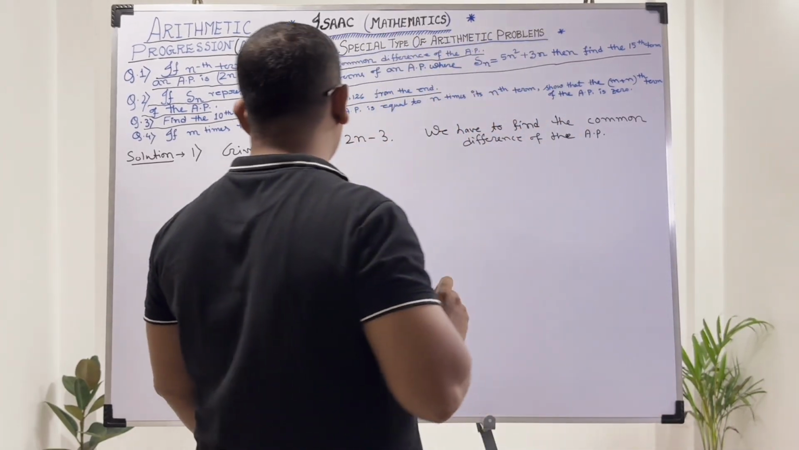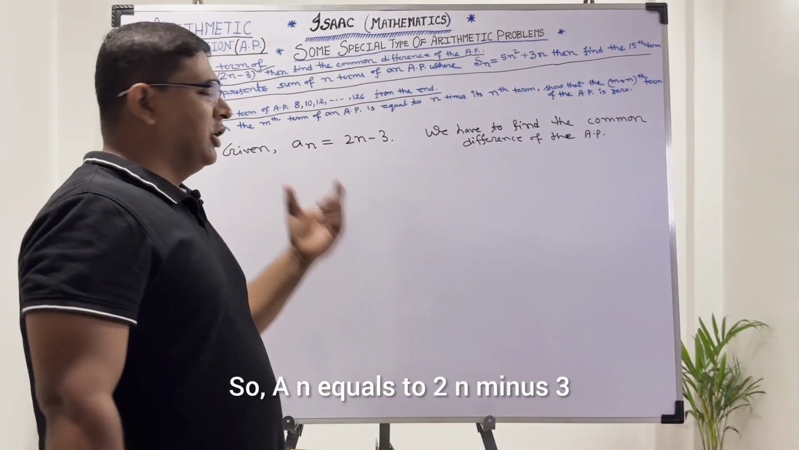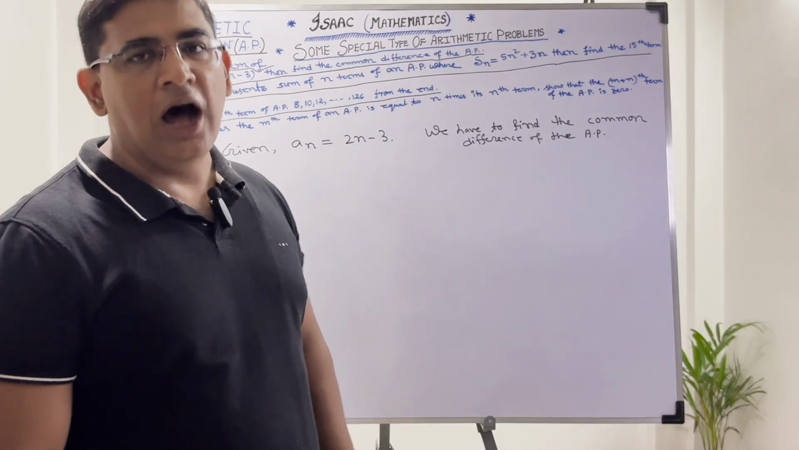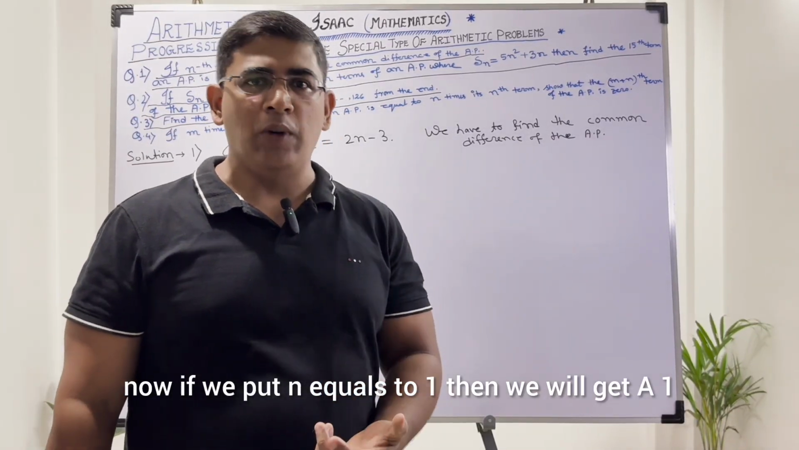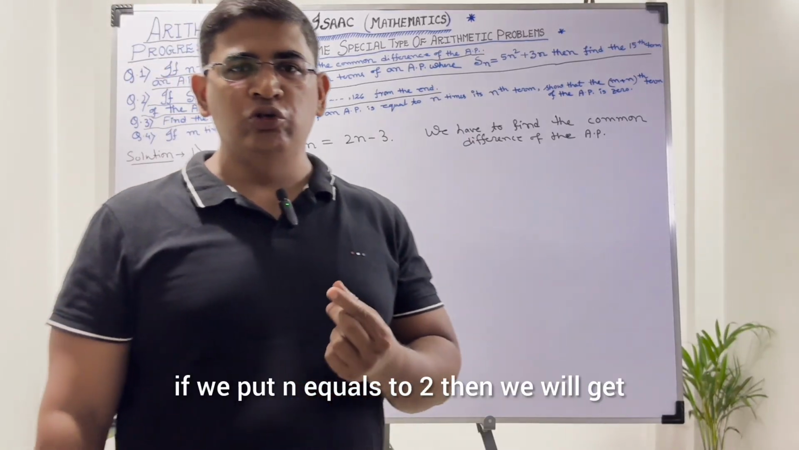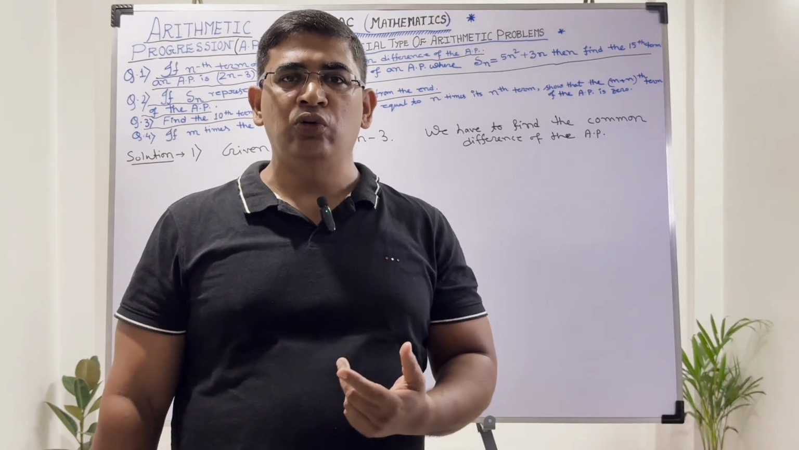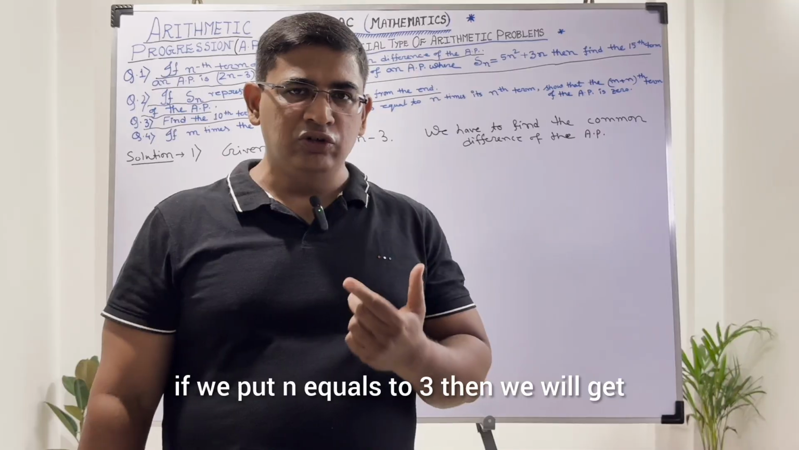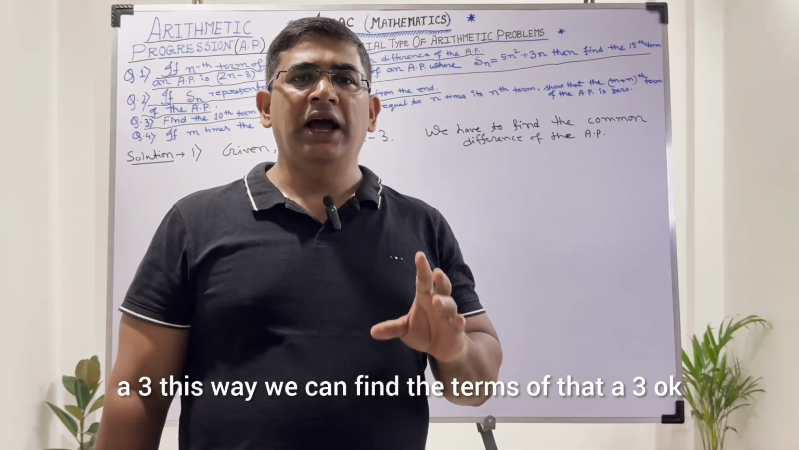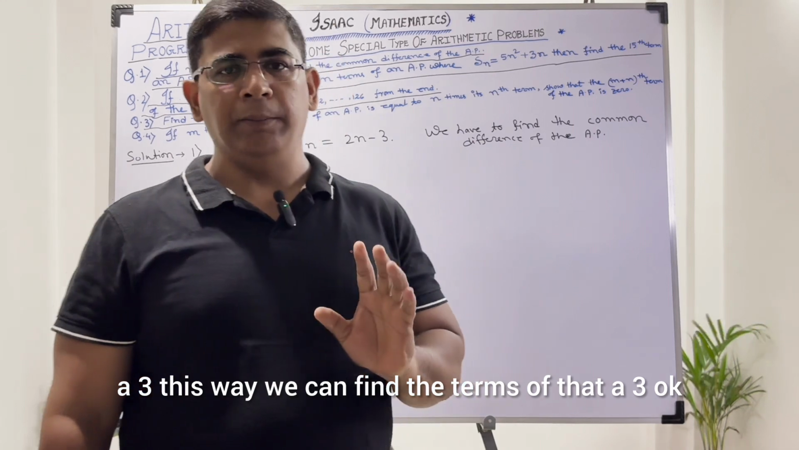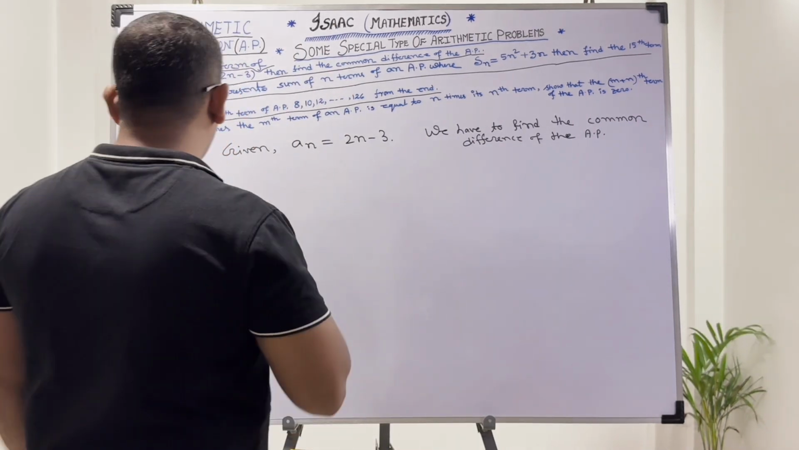Okay. So an equals 2n minus 3. Now if we put n equals 1, then we will get a1. If we put n equals 2, then we will get a2. If we put n equals 3, then we will get a3. This way we can find the terms of that AP. Okay. So now